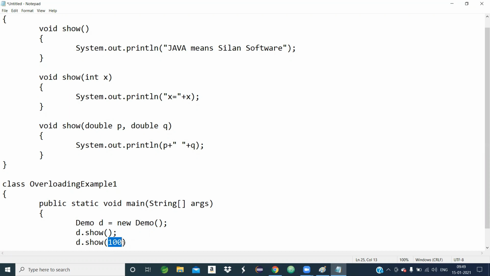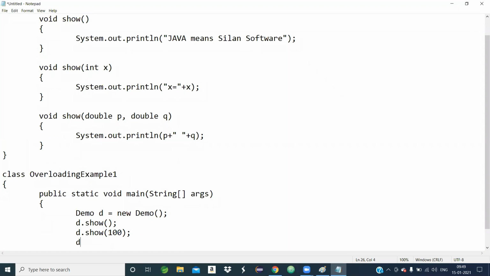When you call that method by the object, you have to pass an int value because a match must arise. Otherwise, once a mismatch arises on the signature, definitely an error will arise. So now an int value I took, then d dot show, suppose 4.5 comma 6.7.